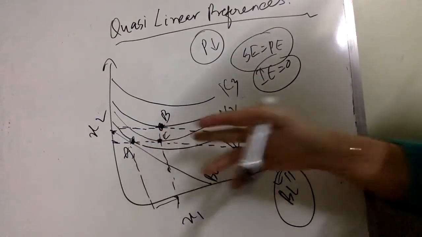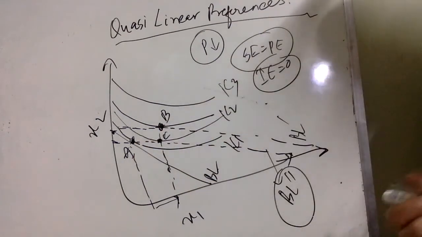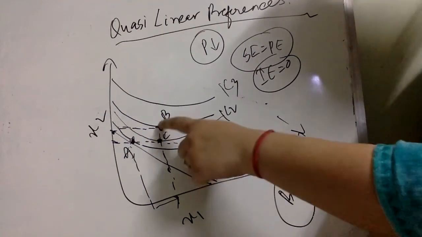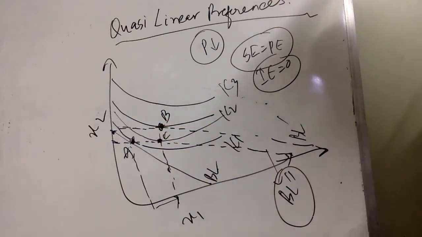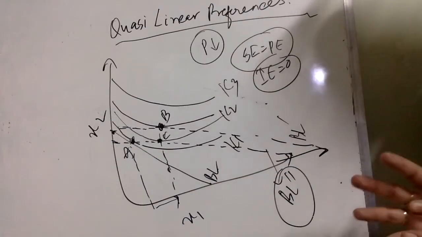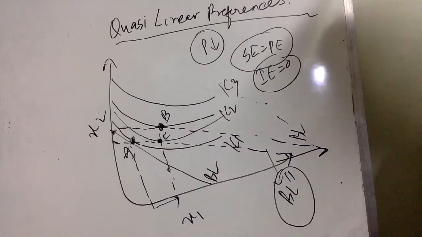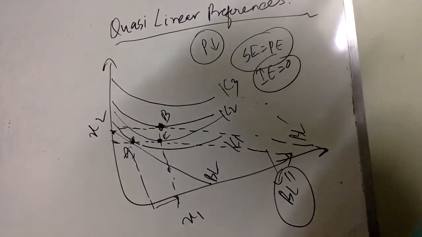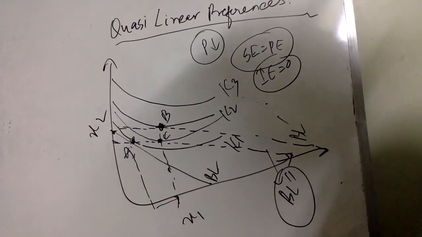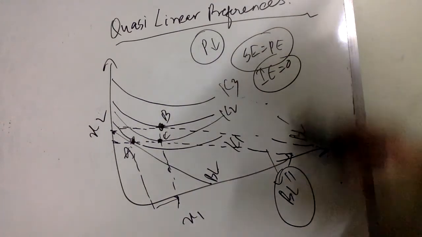So after a point, if the real income is changing, there is no impact on the demand for the good X. As the price is falling, there is no change in the demand for good X. So this is one important property and analysis under the quasi-linear case, that there is no income effect, the entire price effect is actually the substitution effect. Okay, next I move on to